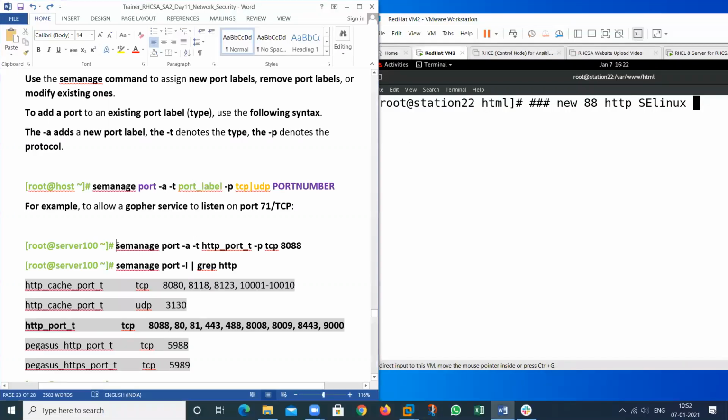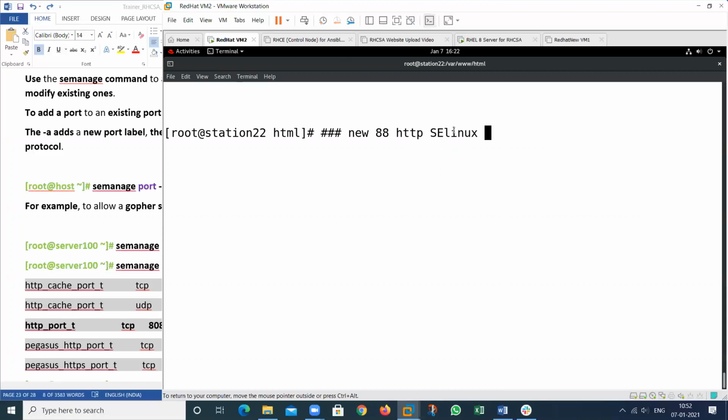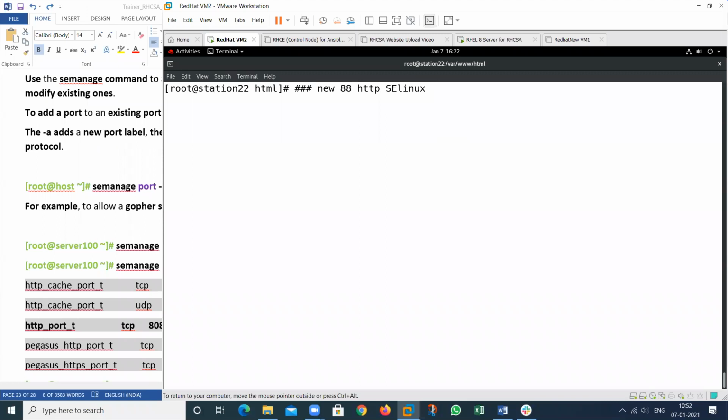So this is the command that I want to add. How to apply this one? So semanage, I want to change the port.